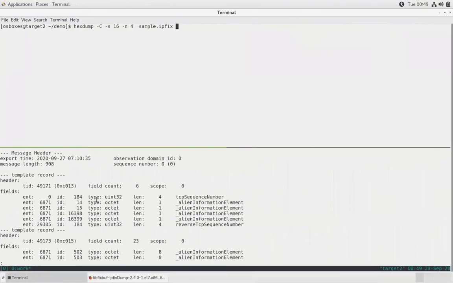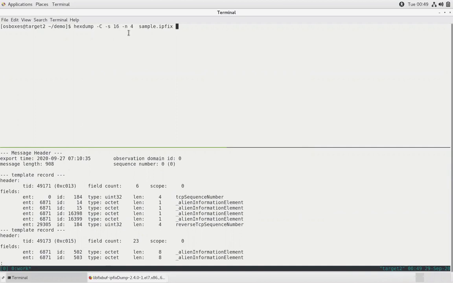We see here that as per IPFIX terms, we are dealing with a template record, which means that if we were to read the set header using hexdump, we should see the value 2.